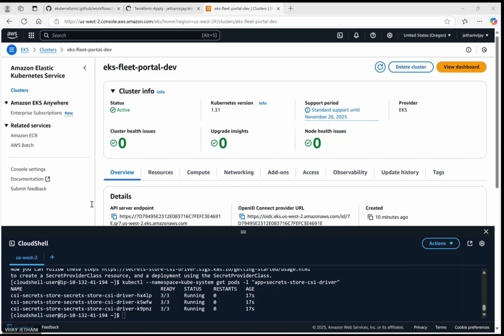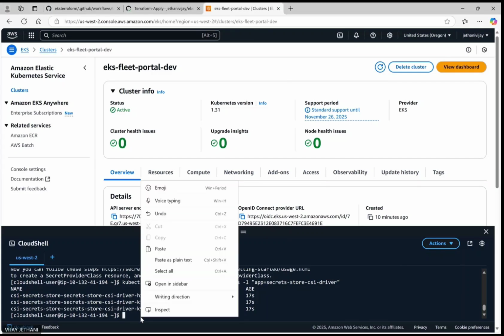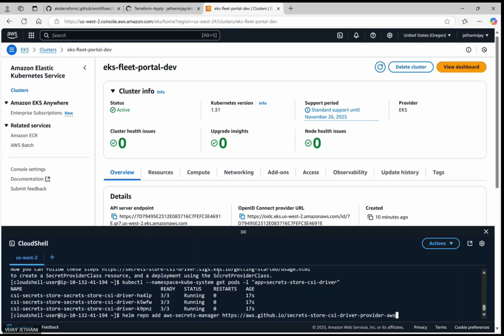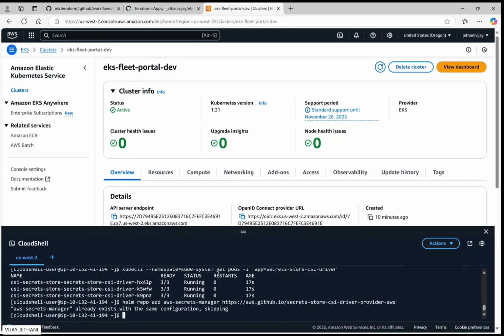Now, one thing was installing the CRDs. The other thing we want to have is to also install the AWS secrets provider. So we also want to do that. Let's do that as well. As I've already had this before, it is already there. So I'm trying to install the AWS